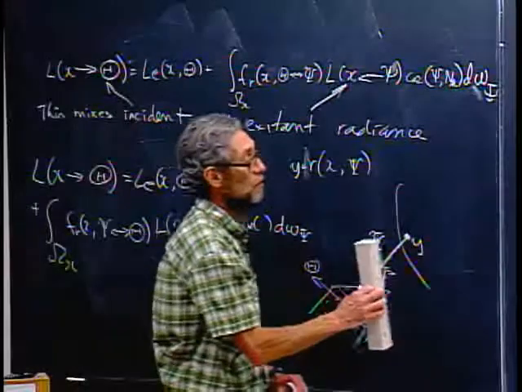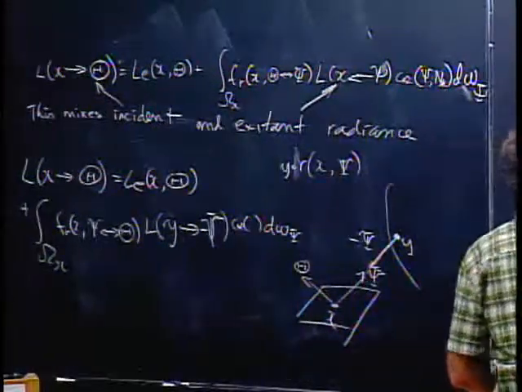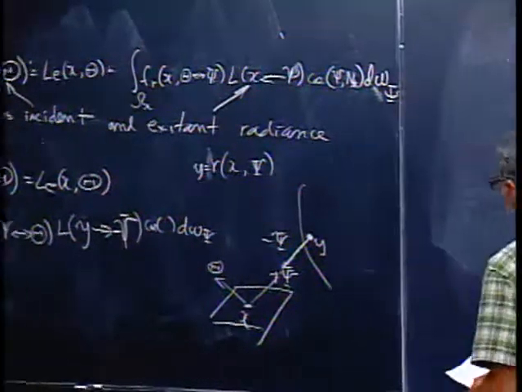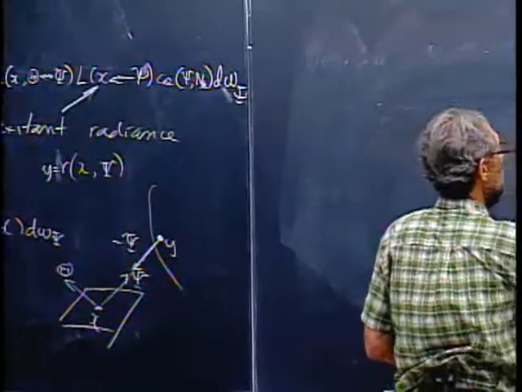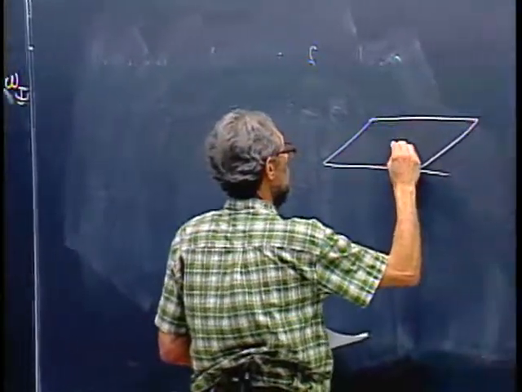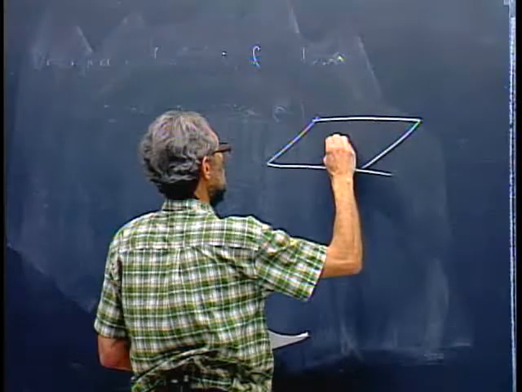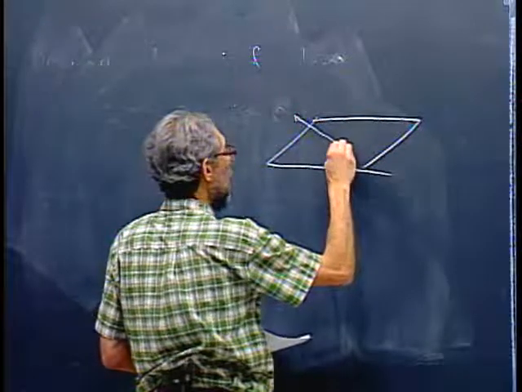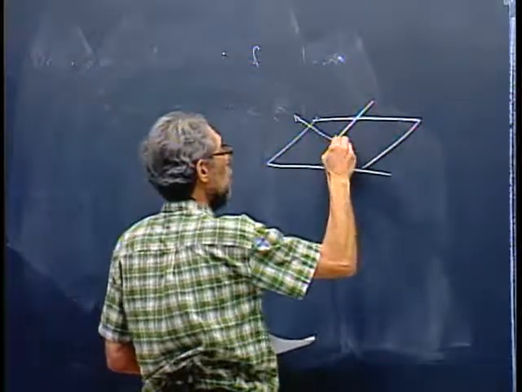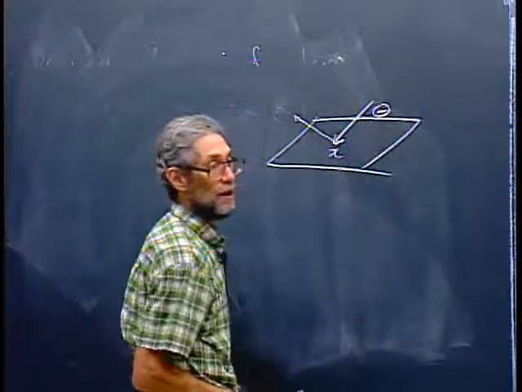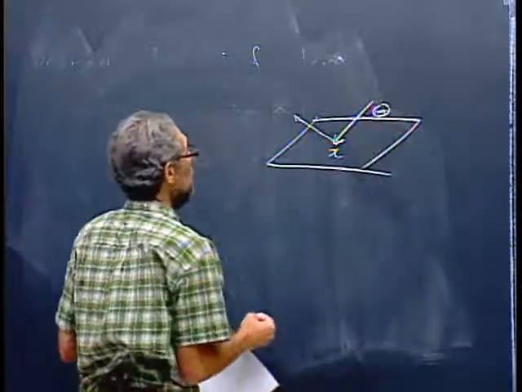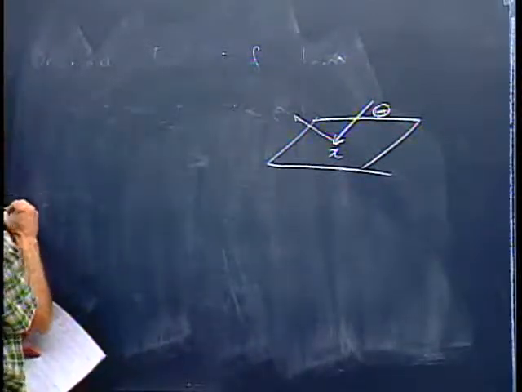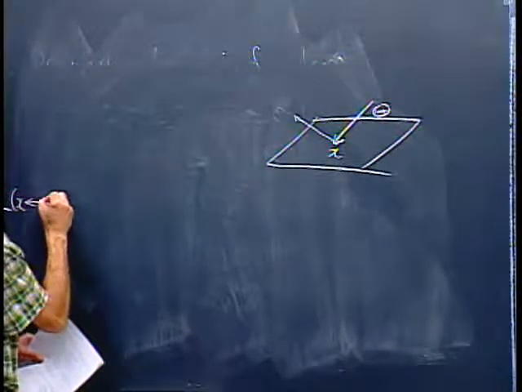But we could also do it the other way. We could replace the left-hand side. So let's see, how would we do that? Let me draw a picture here. Here is x. So instead of saying what's going out in direction theta, what we want to know is what's coming into x from direction theta. Right? Because if we want to replace this by incident, we're going to have to say Lx coming in from direction theta